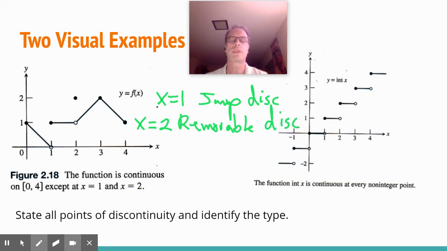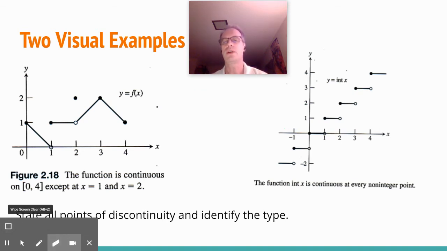Okay, not too much exciting in that. And it's continuous other than those 2 points. Next, I'm going to look at the figure on the right, and there, once again, I've got just a bunch of jump discontinuities. I've got one sitting at